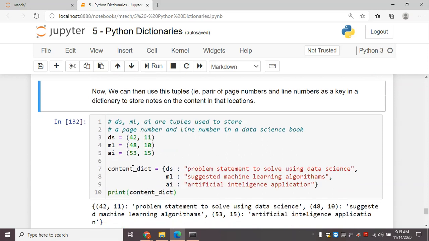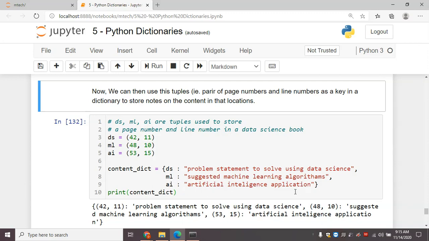So content underscore dictionary is a dictionary where I use these tuples as keys. DS is a key, and I stored the content in the value. So DS, problem statement to solve using data science; ML, suggested machine learning algorithms; AI, artificial intelligence applications.